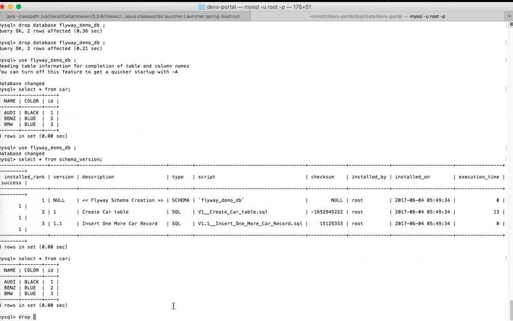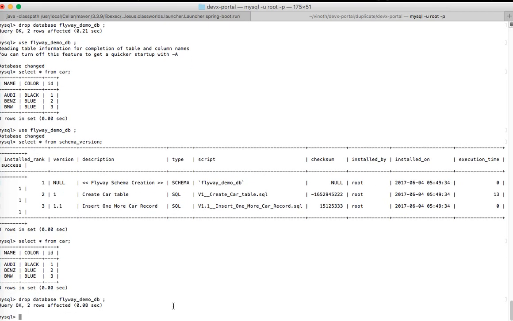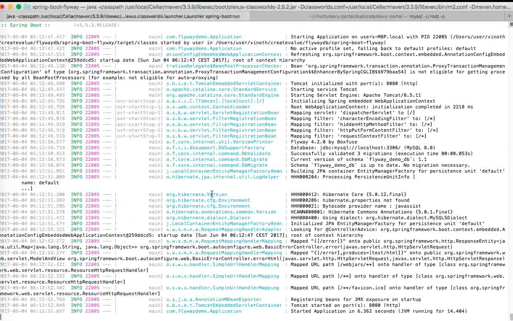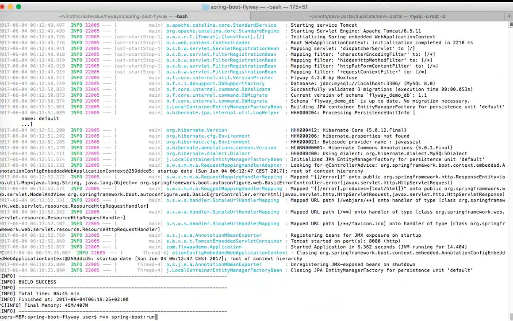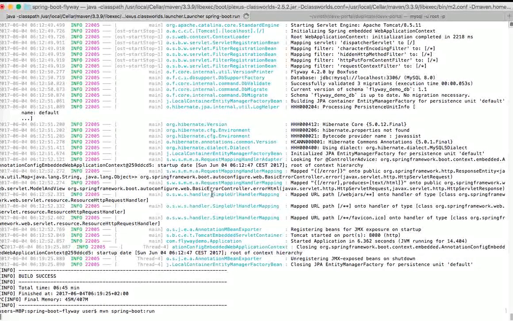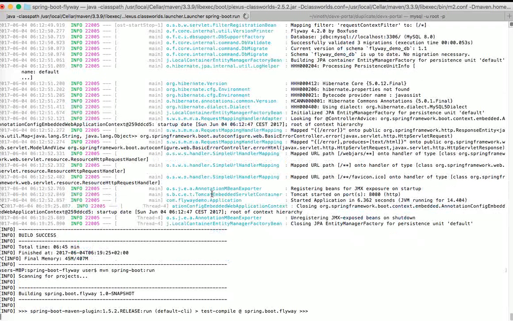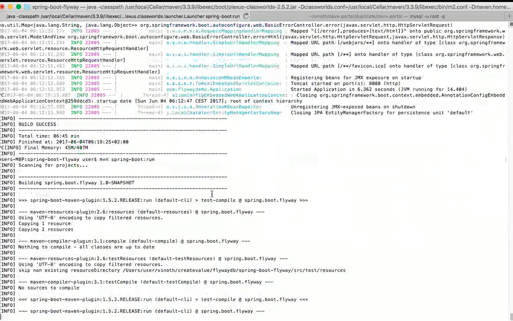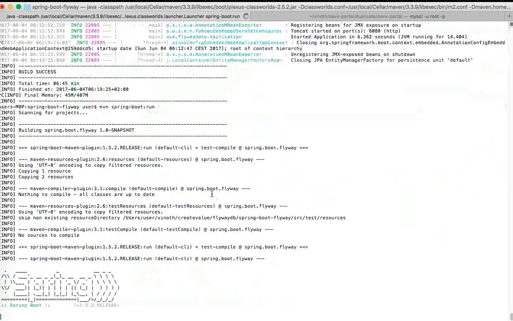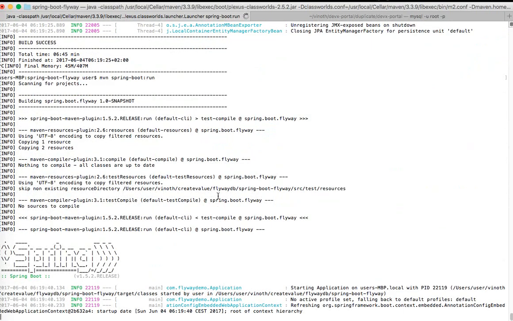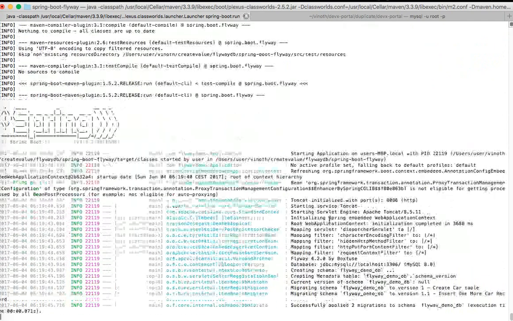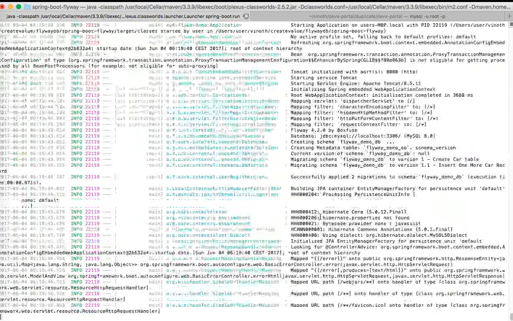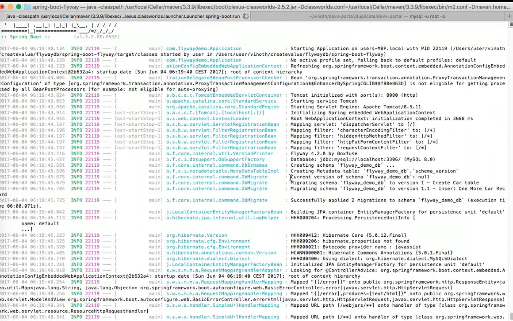For the demo purpose, I'm going to drop this database, and I'm going to start the server and show you how exactly it works. Let's run this. In the console you can see how exactly Flyway takes over, starts scanning your DB migration folder and starts executing the scripts. The console says clearly the current version is this. We are migrating schema version 1, and there are two versions actually,